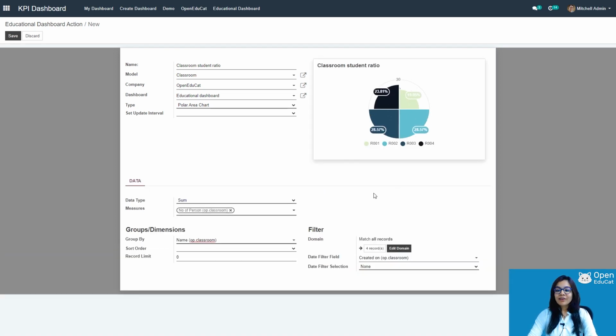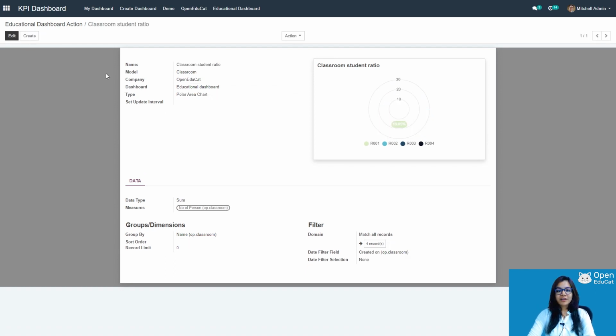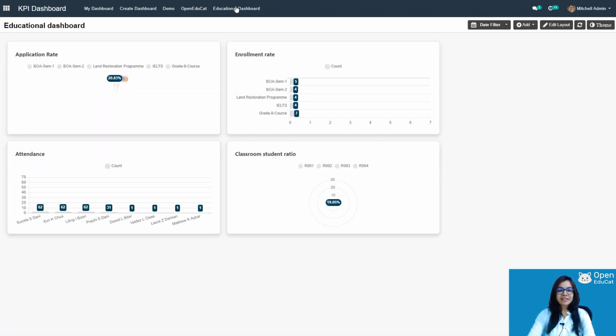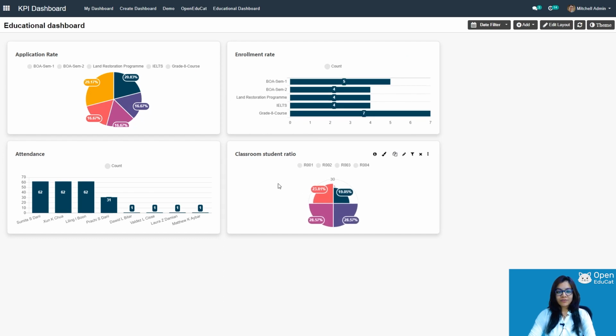Now you will get this polar area chart in the form of the classroom student ratio. Click on save to save that chart. Click on the educational dashboard to get that chart. You will get this classroom student ratio in the form of the polar area chart.